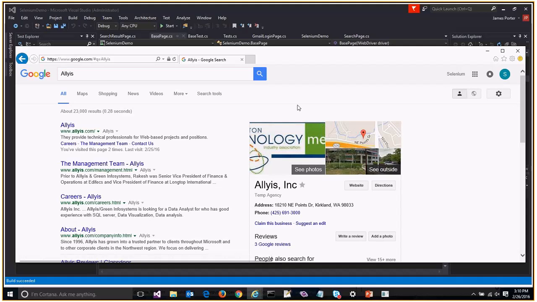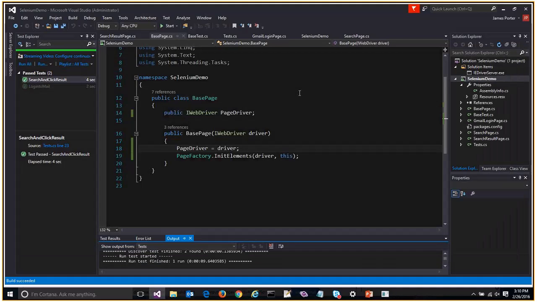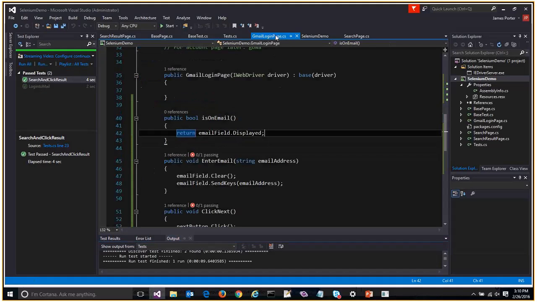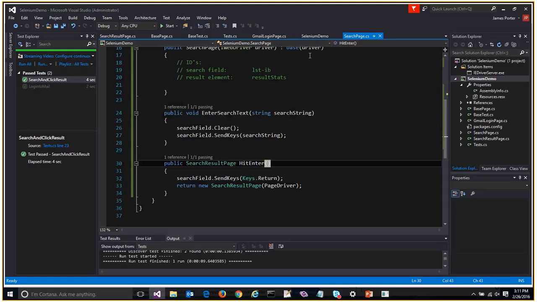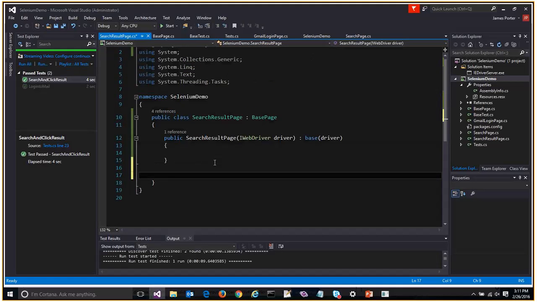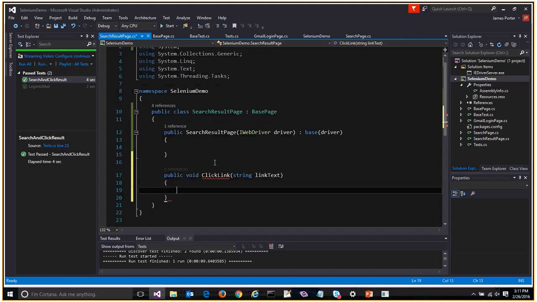Okay, so it worked, and now we have an instance of search result page. So next step is you want to, let's say, click on something on the page. I want to do this because it'll demonstrate the next point I want to drive home about wait objects. So let's give ourselves a method that just clicks on a link. Public void click link string link text. There's a handy method you can use